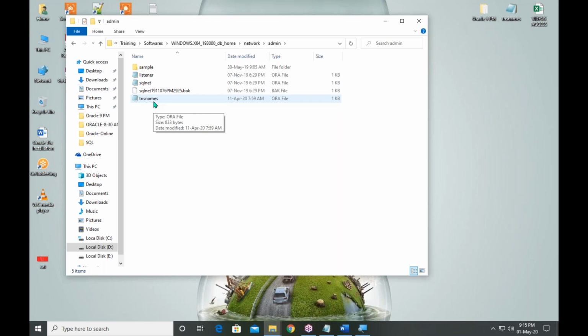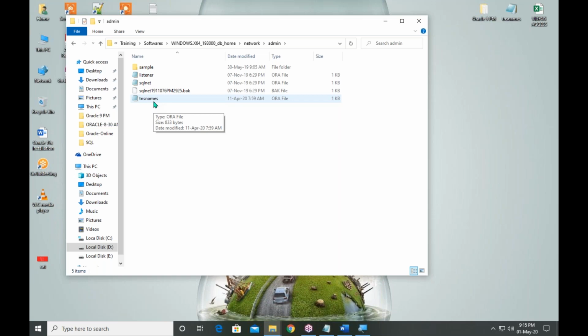In this file, actually there should be 4 components: listener component, connection component, ORCL component, ORCL PDB component.